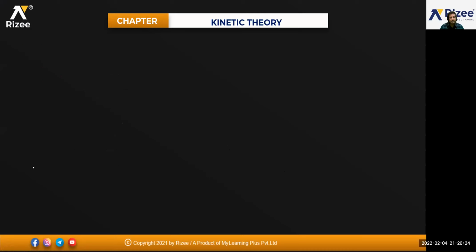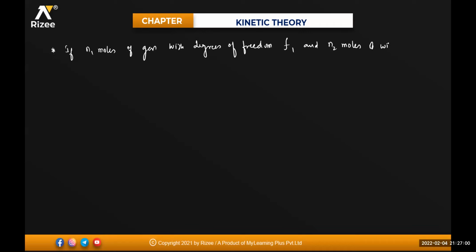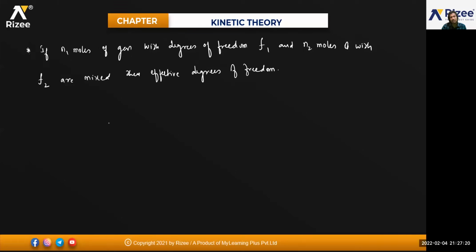The next one is a very important one. If I have n1 moles of gas with degrees of freedom f1 and n2 moles with f2 degrees of freedom being mixed, then what will the effective degrees of freedom be? F is equal to,